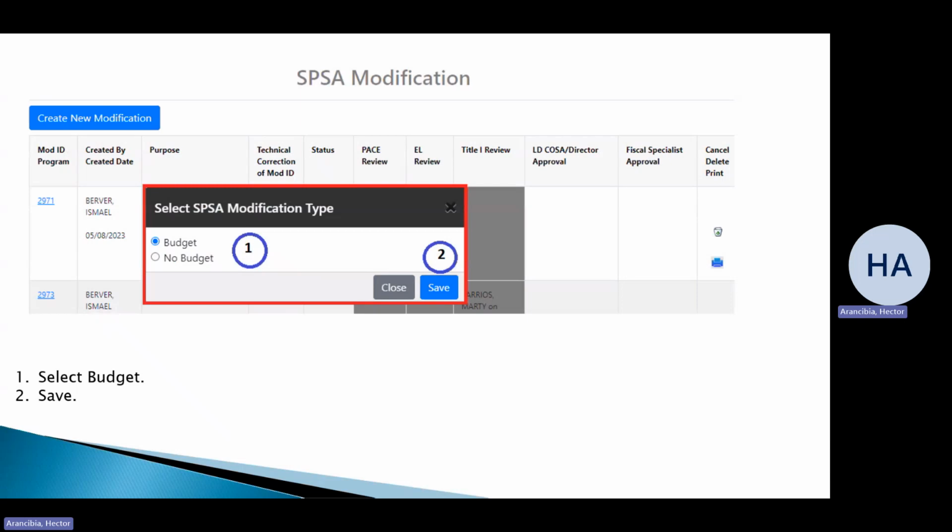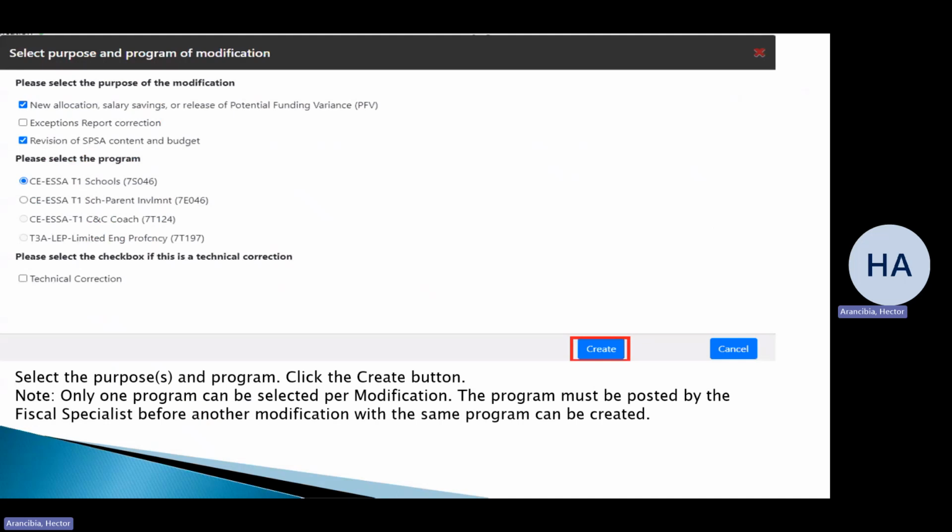So after clicking on Create New Modification, this time instead of selecting No Budget, if you're trying to make budget changes, select Budget as the modification type, then Save. Select the purpose of the modification and the program funding code, and then click on the Create button. So for example, the purpose might be new allocation or salary savings, and the program code or funding program might be